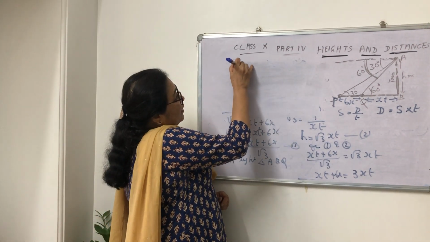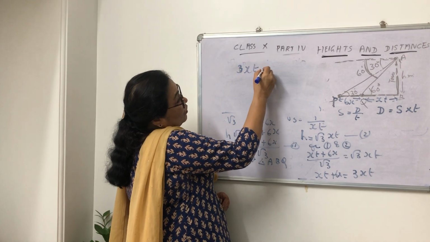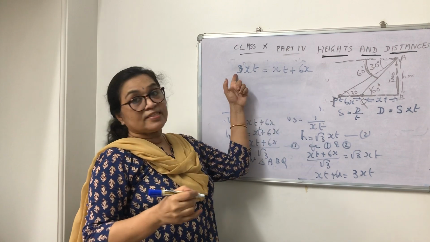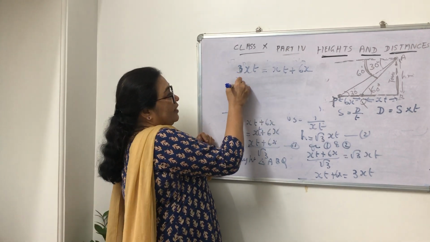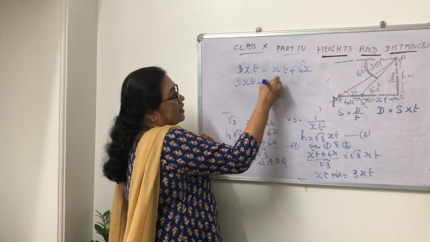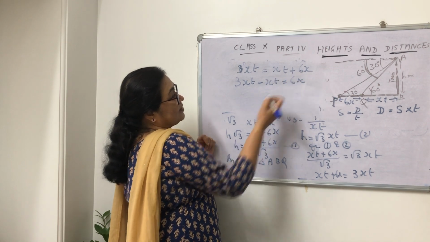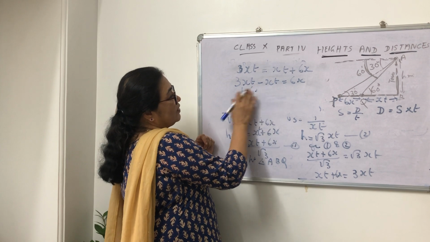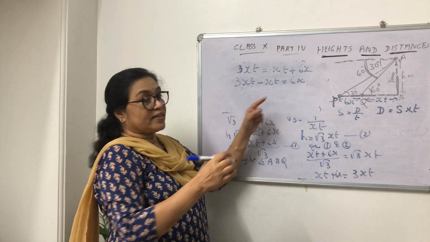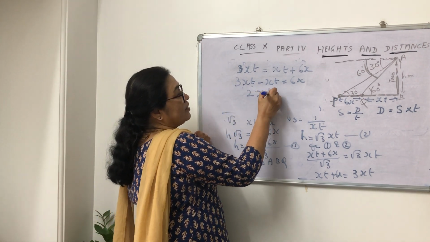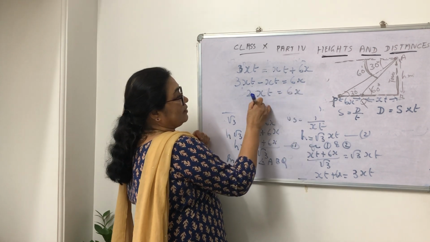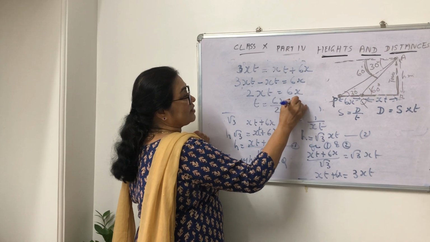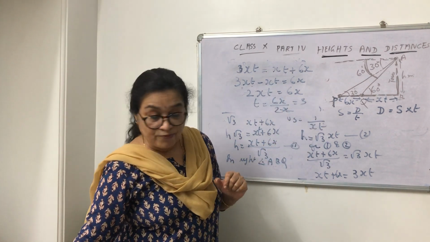So 3xt equal to xt plus 6x. This xt I am going to take it to this side. 3xt minus xt is equal to 6x. Here t is common. So 3xt minus xt is 2xt equal to 6x. t is equal to 6x by 2x. x and x cancel, 3. So therefore